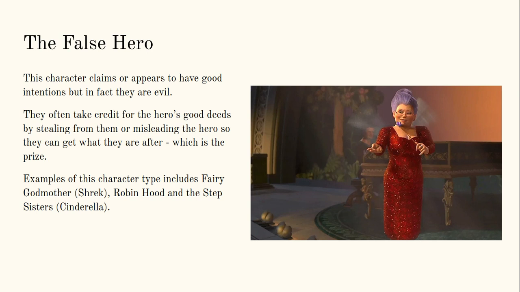So they could be protecting the prize, or the princess. That function, character function, needs protecting. That's why I said from the previous slide. So these character functions include the fairy godmother from Shrek, the other fairy godmother I'm talking about, Robin Hood, and the stepsisters. But Robin Hood is seen as a hero, but I think he's more of a false hero because he does switch on quite a bit. For some people he is a hero, for some people he isn't, basically.